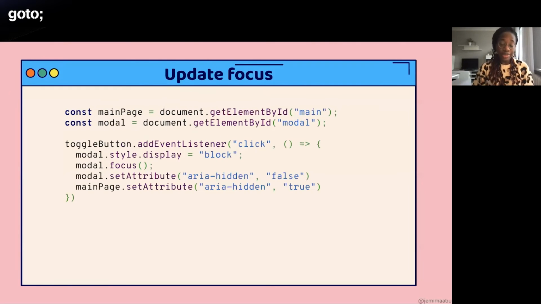Yeah, and then also updating focus. This is what I was talking about when you have a modal on your screen, or something on your screen that you're trying to hide or give focus after a certain time. If you are going to display something on the screen that should get focus immediately, then you give that thing